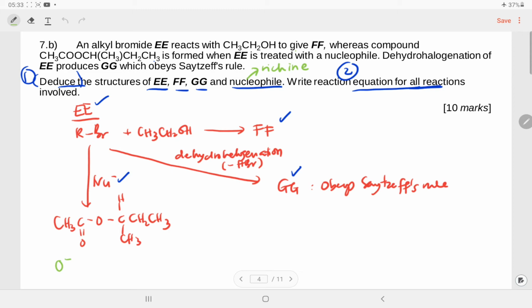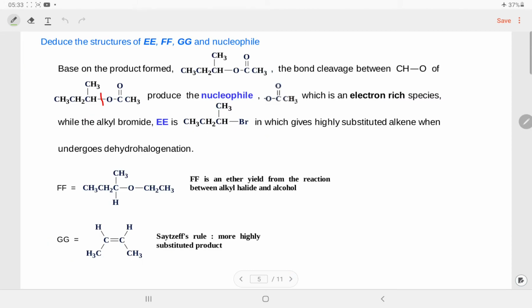Since a nucleophile is an electron-rich species, you are going to have the cleavage somewhere there, and that will give us the more electronegative species as the nucleophile and the more electropositive as the haloalkane. Based on this, you can check the answers, as the answer produced is the bond cleavage between the C and HO. So this is the nucleophile,